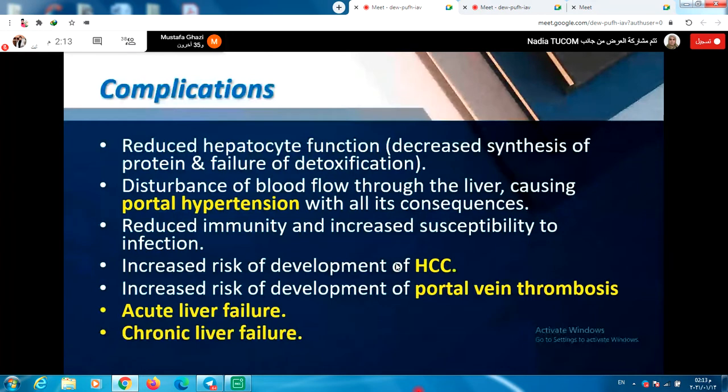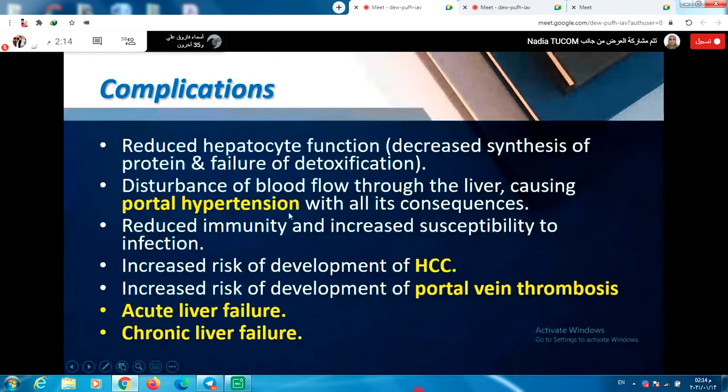The complications of cirrhosis: there will be reduced hepatocellular function, the functions we mentioned at the beginning: protein production, carbohydrate metabolism, protein metabolism, fat metabolism, decreased synthesis of protein, and failure of detoxification of drugs and other ingested material. There are disturbances of blood flow through the liver causing portal hypertension with all its consequences,